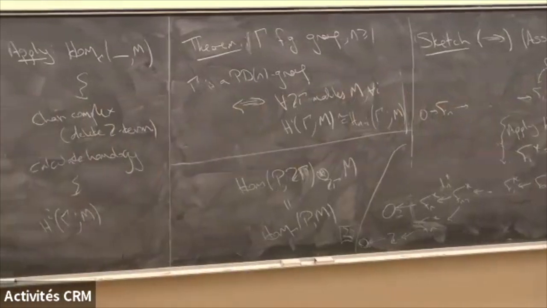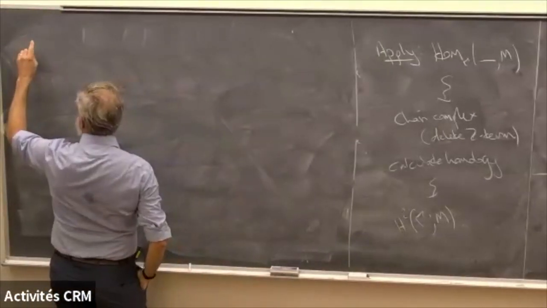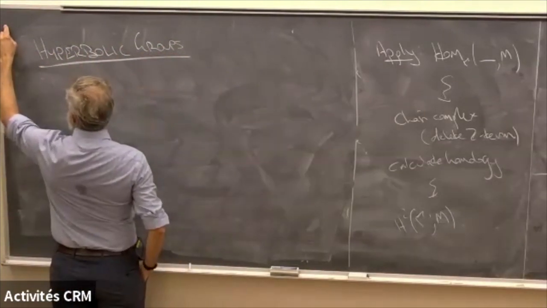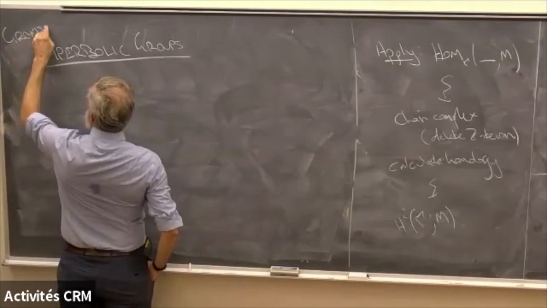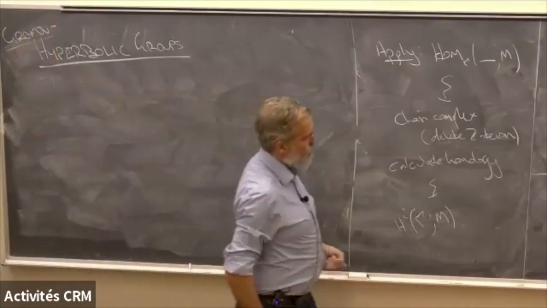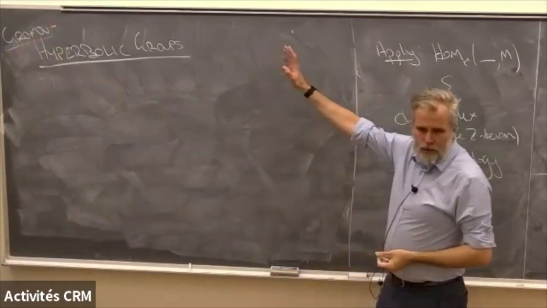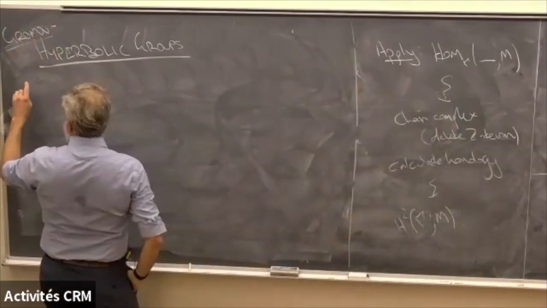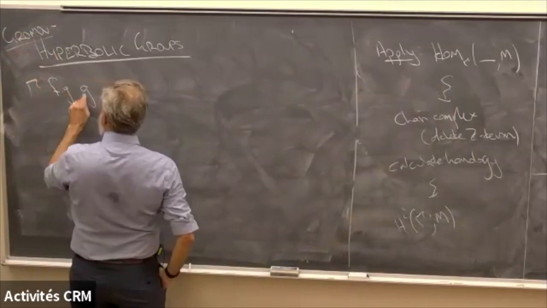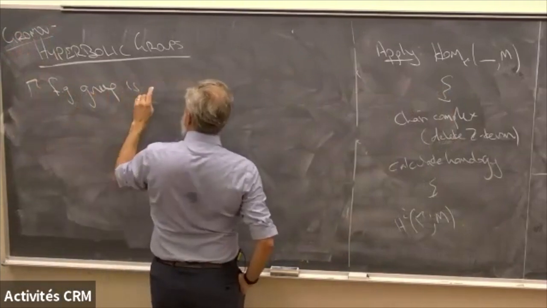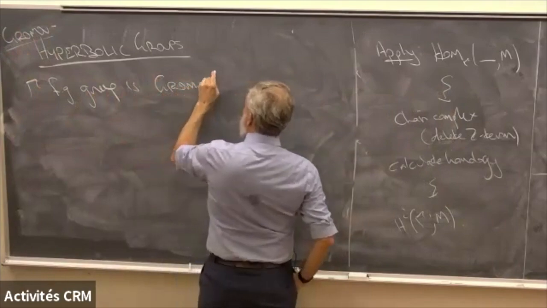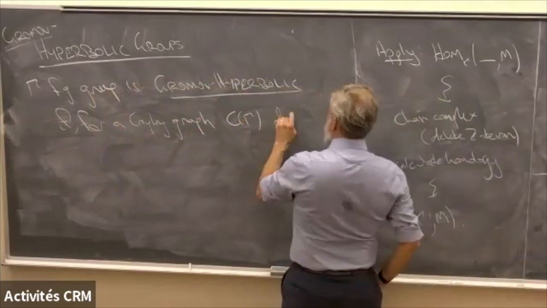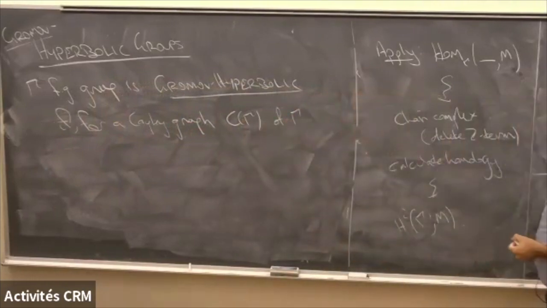So let's introduce some geometry. So I'm going to focus on n equals 3, but I'll still say something about hyperbolic groups. Here by hyperbolic groups, I mean Gromov or word hyperbolic groups, which we haven't seen yet in this conference. And I'll explain why this is a case that you might like to think about in a bit. So Γ, a finitely generated group, is Gromov hyperbolic if, for a Cayley graph, let's say C(Γ), of Γ with respect to a finite generating set,